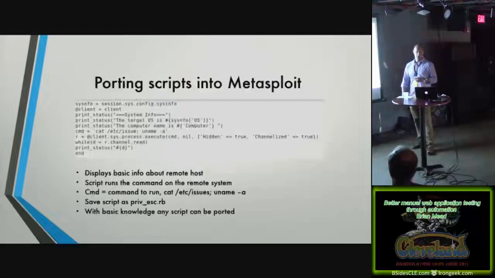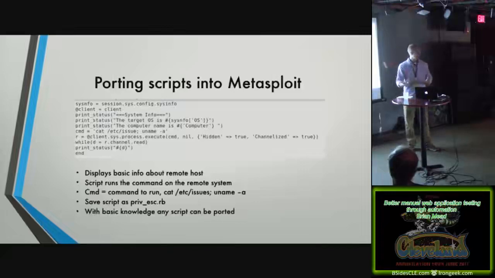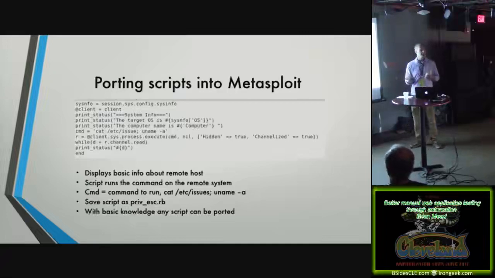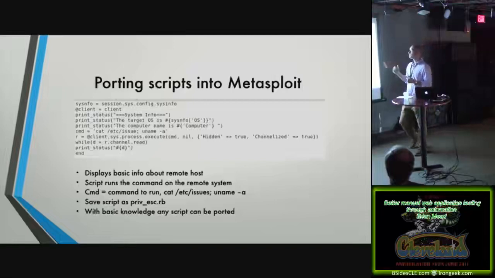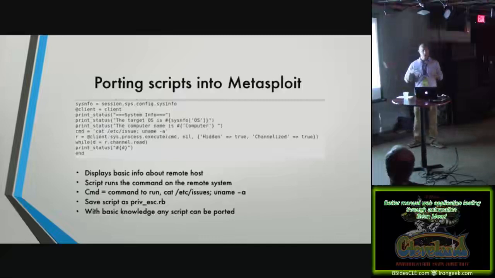So in this example, we are taking that script and importing it into Metasploit. And basically, any bash command can be run in Metasploit if you wrap it in Ruby. So it takes bash commands, and it also has its own proprietary commands as well. So in this example, what we're going to do is get the system information, such as the target OS. We're going to see if we can enumerate the etc issue, so we can see what version of